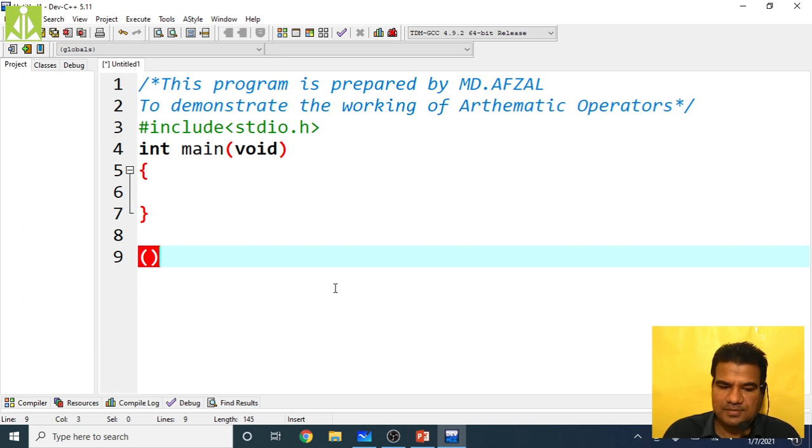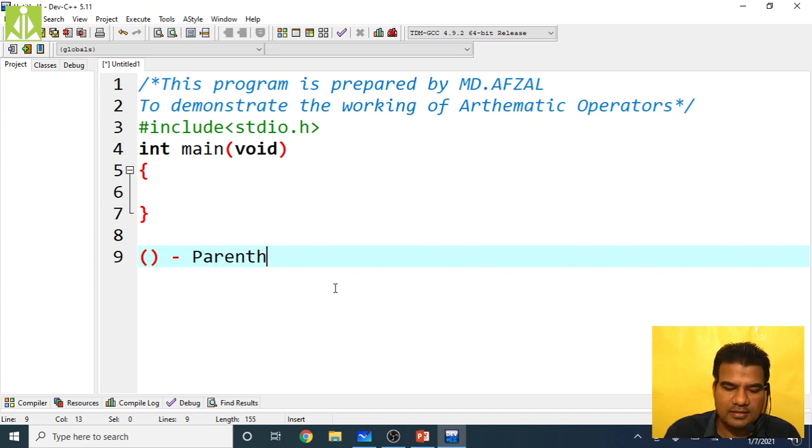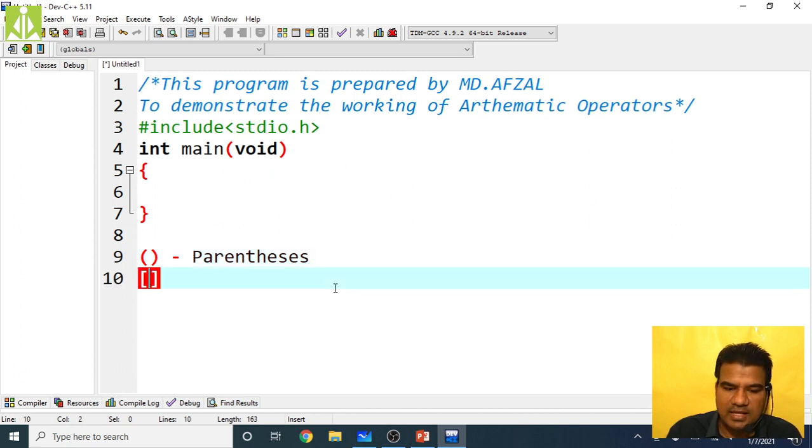We call these things parenthesis. Then we have these, which we call square brackets.